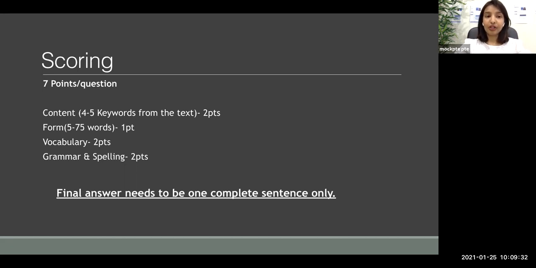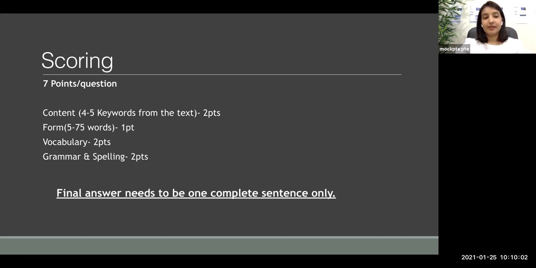So first of all, we're using the same keywords from the question. If you're making up your own sentence using the keywords, the words that you put from your own side should be only academic words, only formal words, no short forms, and no slang words. You should not be writing wanna, gonna, well, pretty good, quite. Do not use the words that you use while speaking or while texting. Use only full forms of words, formal words, and academic words, that is vocabulary.